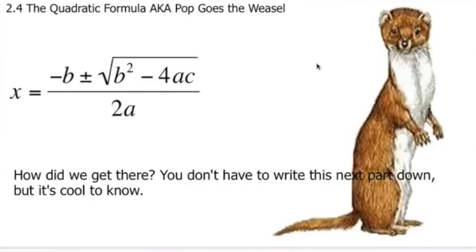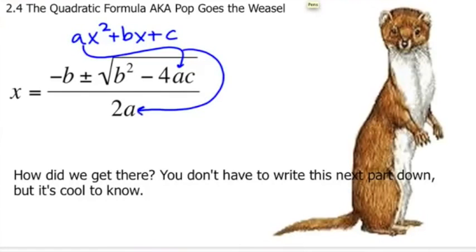Where does this formula come from? Well, if we remember, all the quadratic equations are in the format ax squared plus bx plus c. And you'll see that all of those elements are taken into the quadratic formula. You'll see an a here, also right there. You can see that there's a c here. You could see the b value is over here as it's squared and as a negative b. All that leads us to the x value, which is going to be the roots or the solution to the